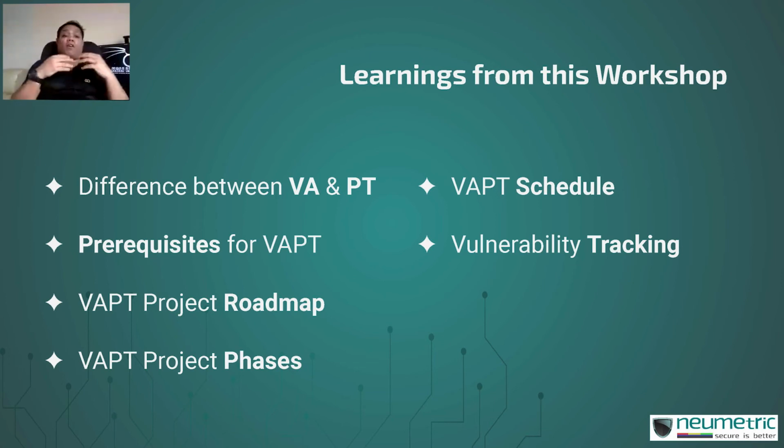You should then define a roadmap that ensures that you stick to it and your project completes as intended and as planned. You should understand that a VAPT project is made up of multiple phases. The most common names that you will end up giving them are initial scan or final scan, or what we call in Numetric discovery scan, remediation scan. You should define a schedule for your application, for your organization, as to when and how frequently you will be taking up VAPT. You will use various factors to decide what exactly your schedule is going to be.